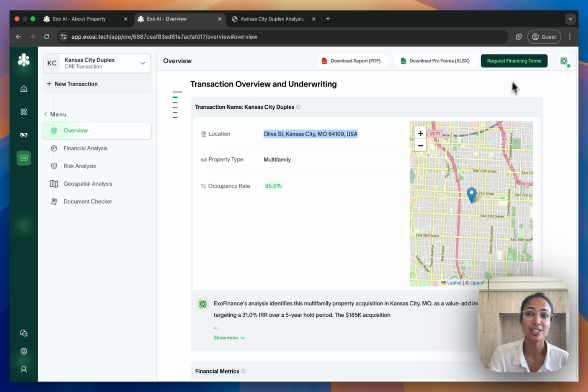And finally, you can even request financing terms. We have a network of over 100 lenders that are ready to provide you with term sheets after you provide a few details around your investment. And so no more waiting for term sheets, no more waiting for emails, and you can streamline your investment decision